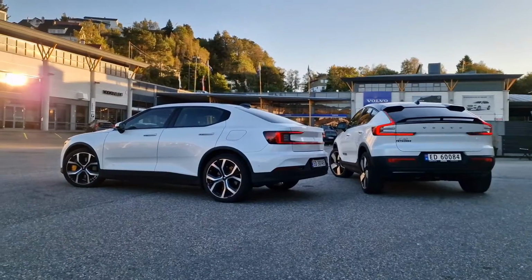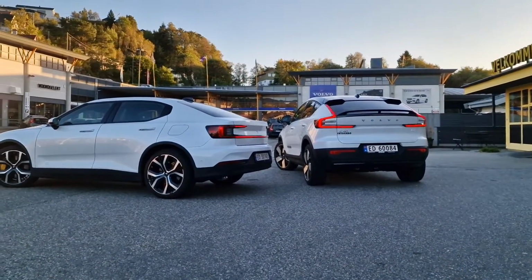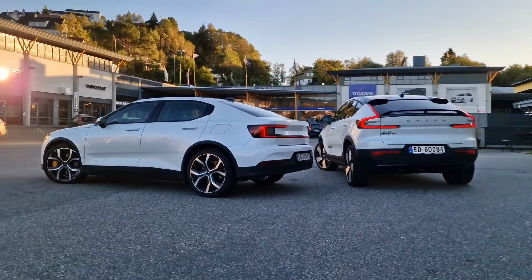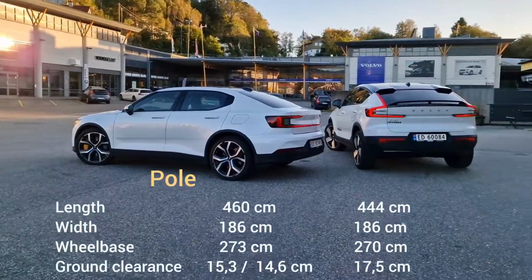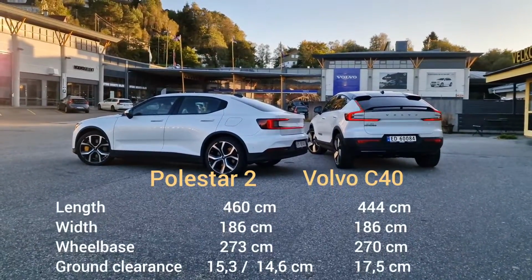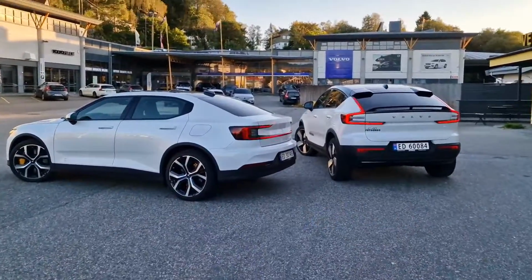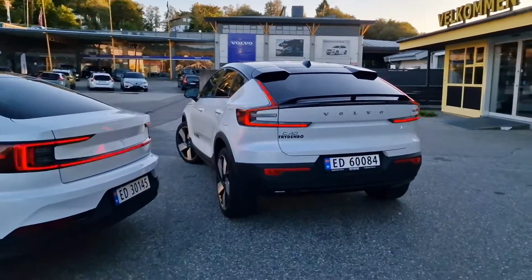If we look at the wheelbase, in the C40 it is 2 meters and 70 centimeters, but in the Polestar 2 it is 2 meters and 73 centimeters. If we put up all the numbers on the screen here so you can look at them. And then if we look at the